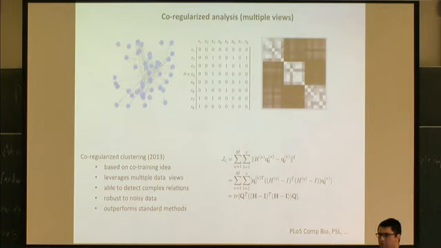The idea is quite simple. What they were concerned with was classifying web documents. They looked at the web document via 2 views, 2 data representations: one based on the text that the web document contains, and another based on the links that the web document contains. They wanted to build a classifier that, given a document, predicts whether or not the document belongs to a news category or sport category, something like that.